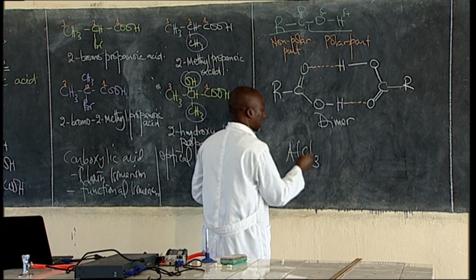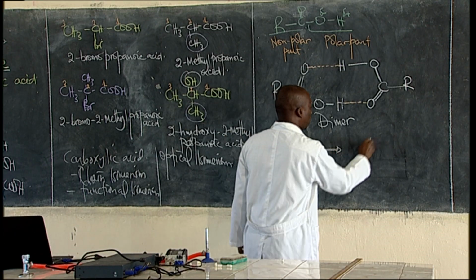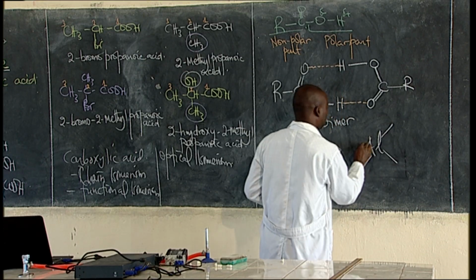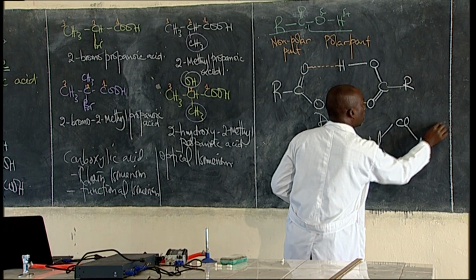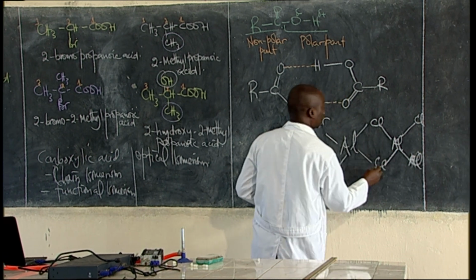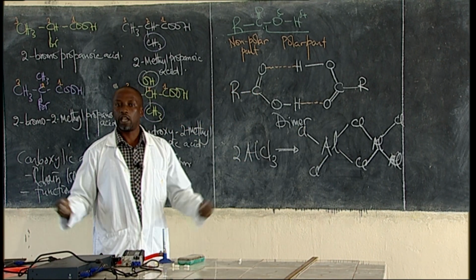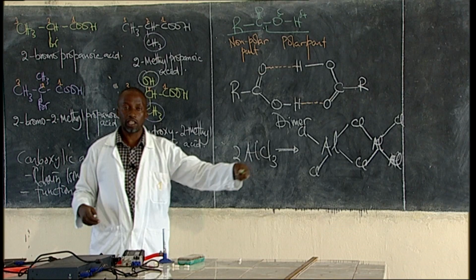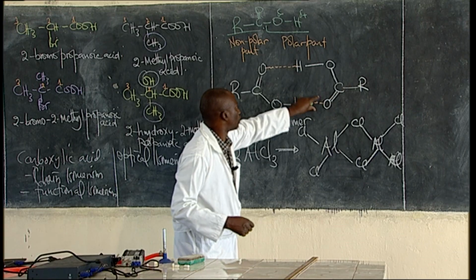Aluminum chloride forms a dimer, where two aluminum chloride molecules associate together in this form. This dimer is associated through a dative covalent bond, but the carboxylic acid one is through